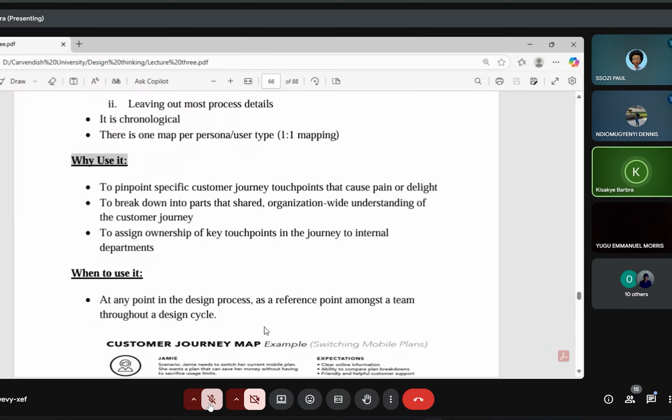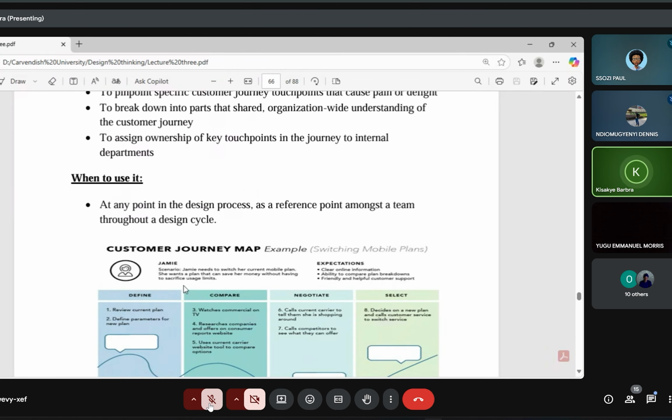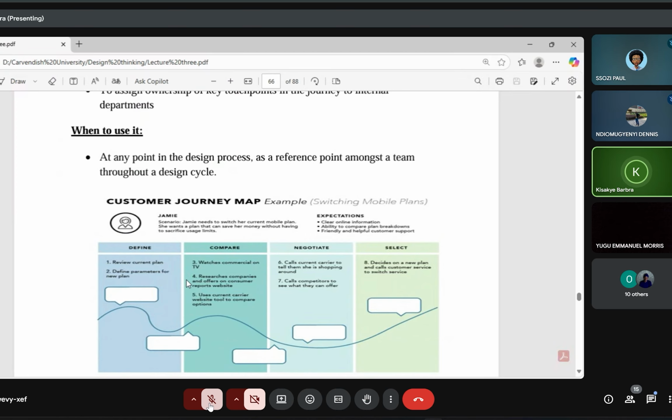So you as the design team, at the point of generating reference, who is really responsible for this? The accounts department. When do we use it? We can use it at any stage of the design process. It can be at the start, it can be at the end, it can be at any point you can use it. So we have an example here